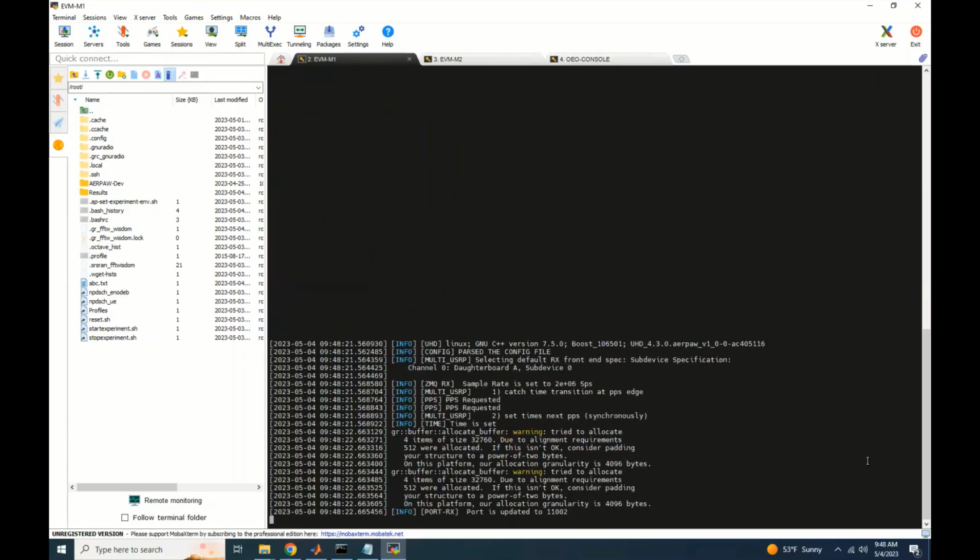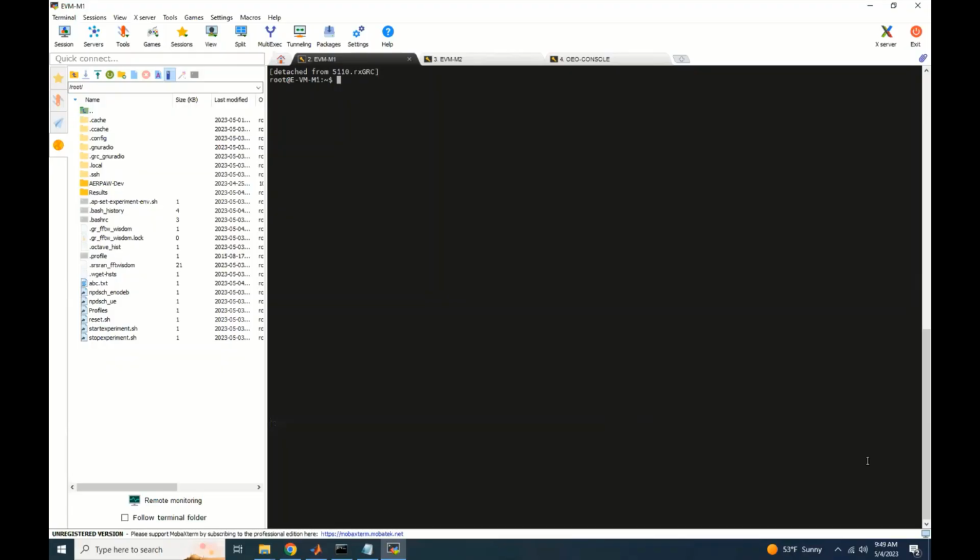So it runs, and if you don't see any warning messages, that's good. You can go back by typing Control A, Control D, and then let's look at the other